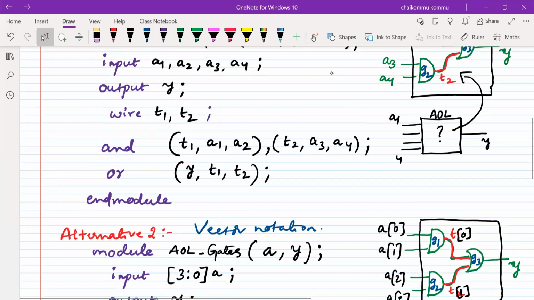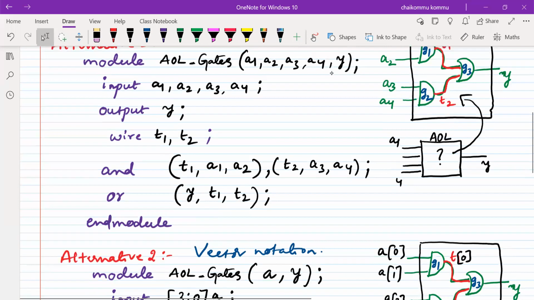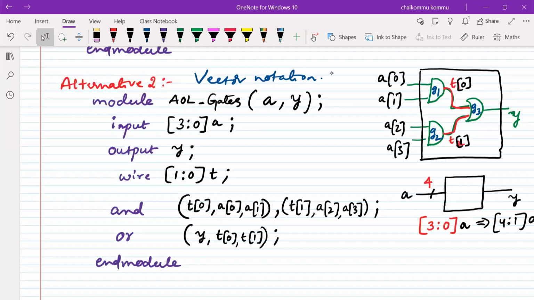Now let us test this AOL module by using the test bench. As I mentioned in the previous class, what do you mean by a test bench? We are creating a waveform in the form of Verilog language, and that information we have to give to the simulation tool.